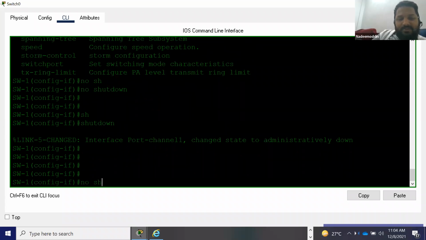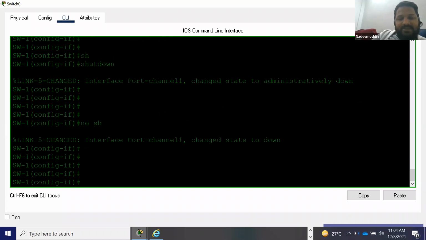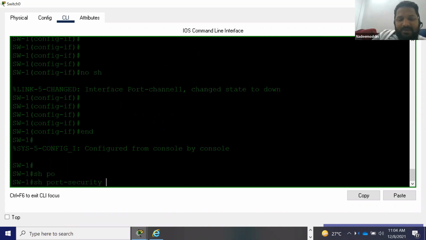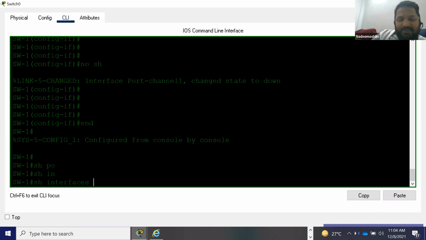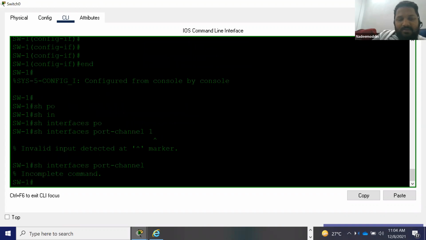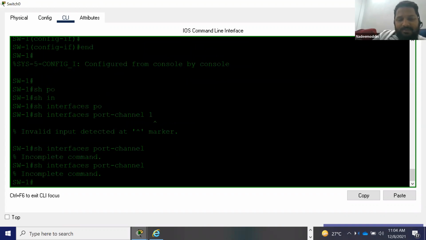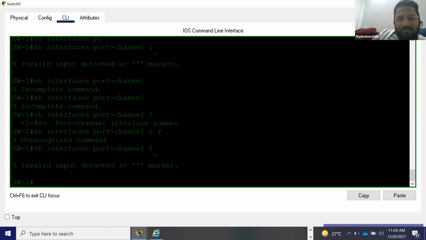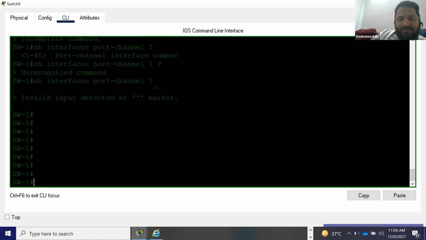Shutdown, no shutdown. Okay, now my interface is up. Now if you look here, show interface port channel 1. Invalid. Okay, so first thing, I created the logical port.